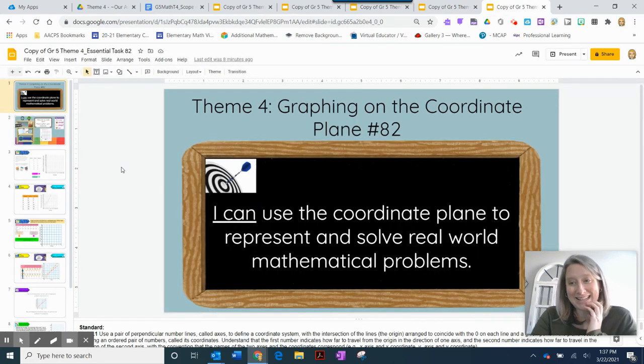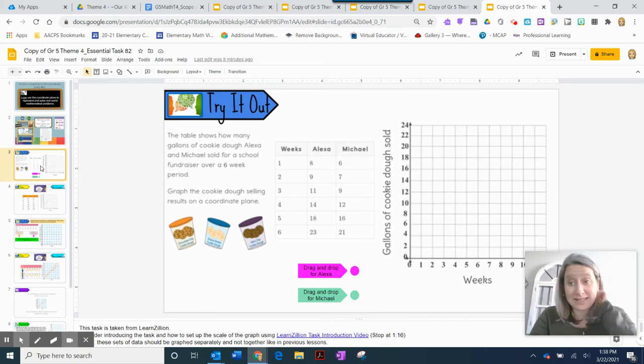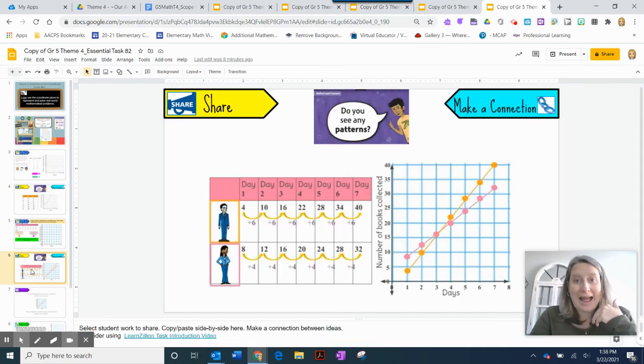Okay, last but not least, our very last essential task, Essential Task 82. This is slightly different. We're going to be looking at 2 different patterns again, except this time we're graphing them on 2 separate lines. Before we were comparing them together; now we're comparing our 2 lines, or our 2 patterns. So for example, here we go. We can see